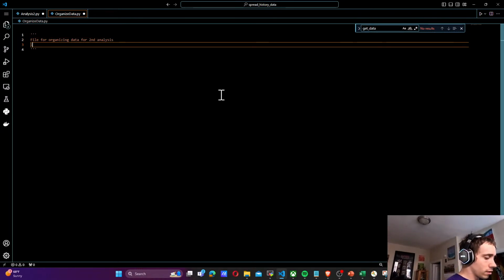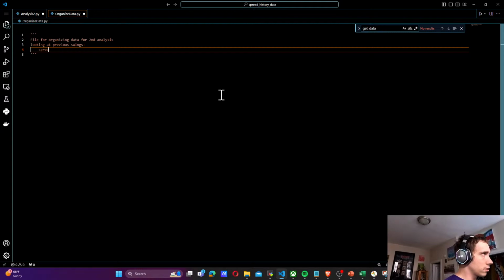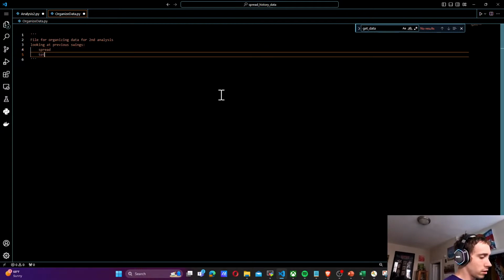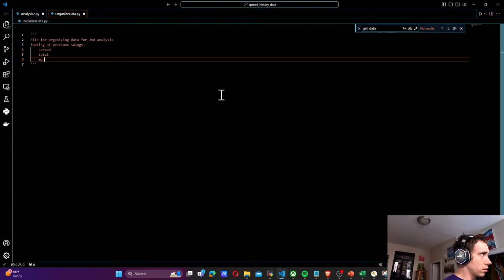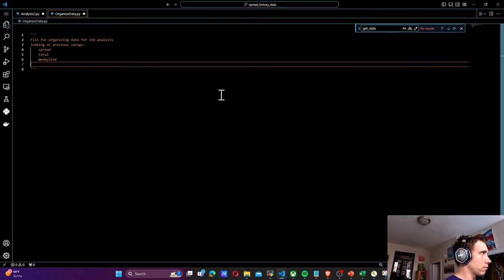And looking at previous spread swing. Looking at previous swings, spread, total, money line, looking at previous performance,